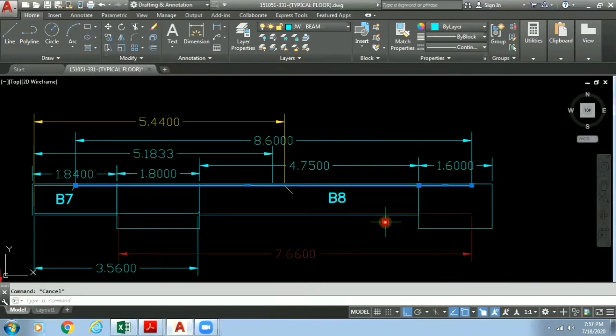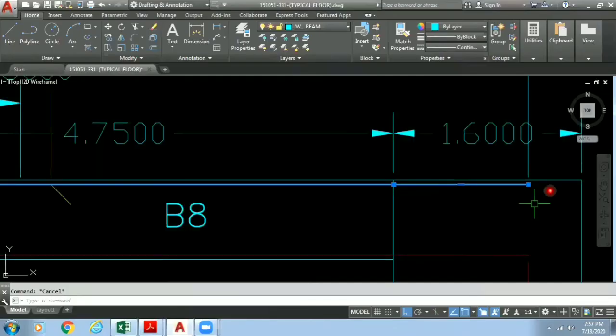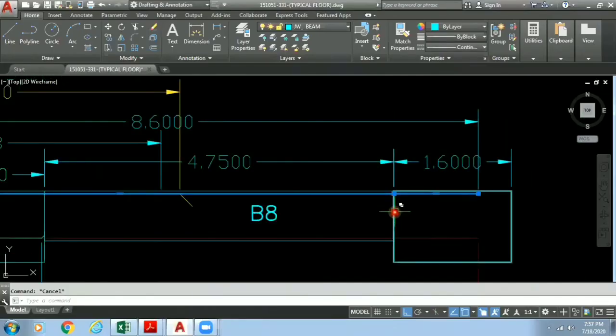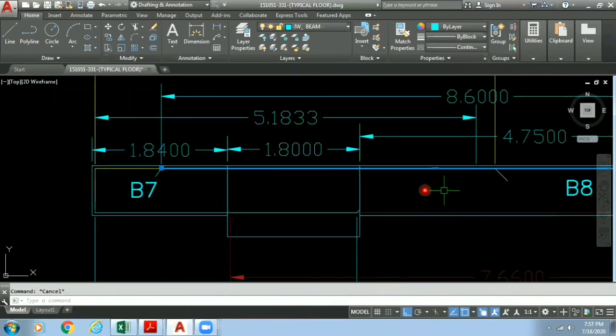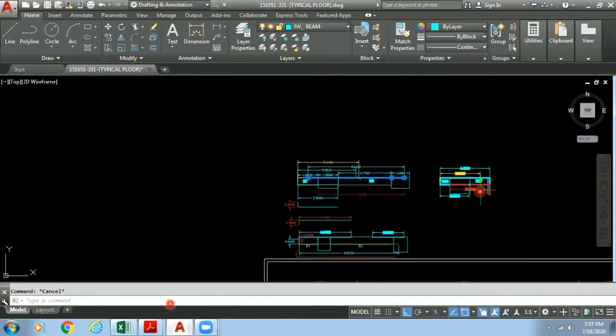Now we have one more reinforcement here, which is the top reinforcement of B8. We can see here T2 reinforcement of 25 mm. So how it will travel? Again, same, we have an if condition for this end. Then it will travel through B8. Then it will travel through the column and it will travel toward length equal to development length. Can you see here? To the length equal to development length, the same which has been shown in general drawing.